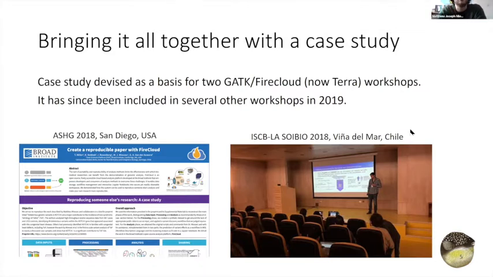And so at the Broad Institute, they had this idea of creating this case study. Now, it so happens that one of the first workshops where they were going to present a case study, before they knew what it would be, was a workshop in Viña del Mar, Chile, for the ISCB LA SoIBio 2018. And it also so happens that I was going to present a workshop there,